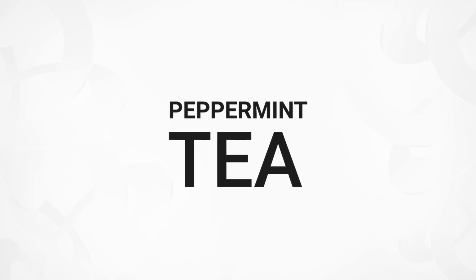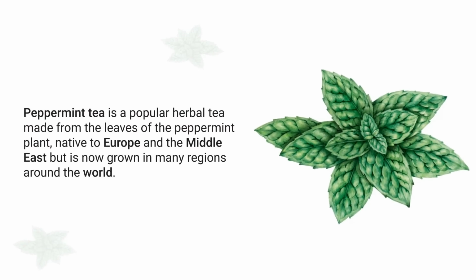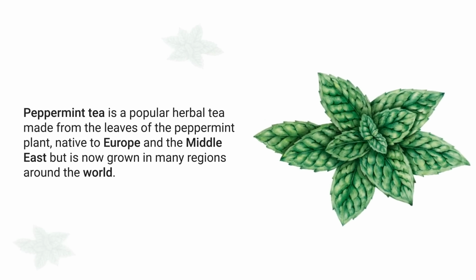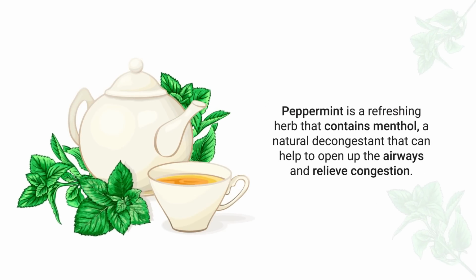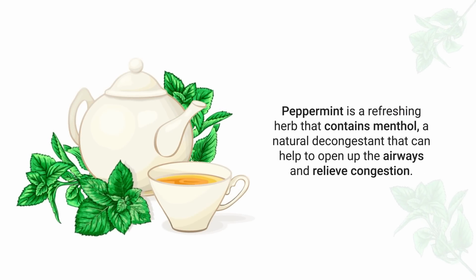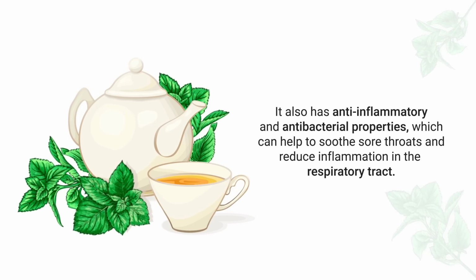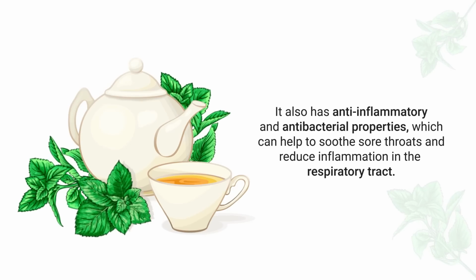Number 5. Peppermint Tea. Peppermint tea is an herbal tea made from the leaves of the peppermint plant, native to Europe and the Middle East, but is now grown in many regions around the world. Peppermint's a refreshing herb that contains menthol, a natural decongestant that can help to open up the airways and relieve congestion. It also has anti-inflammatory and antibacterial properties, which can help to soothe sore throats and reduce inflammation in the